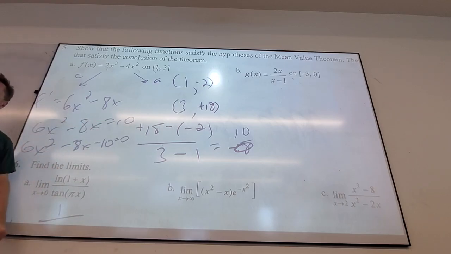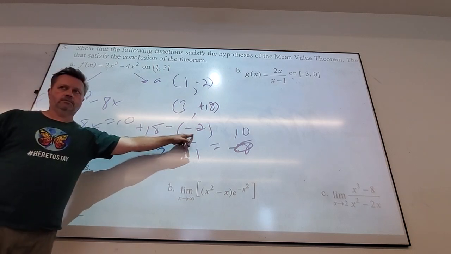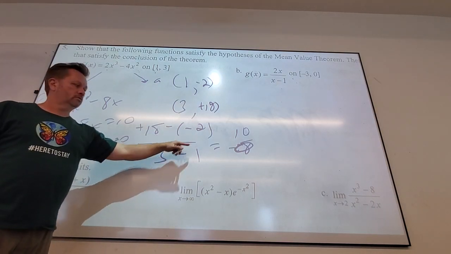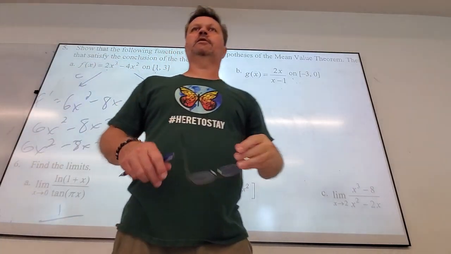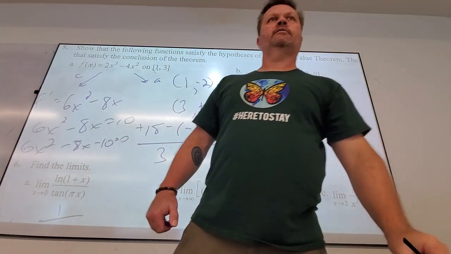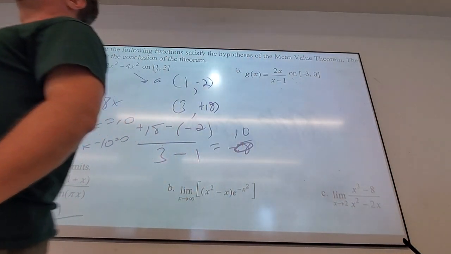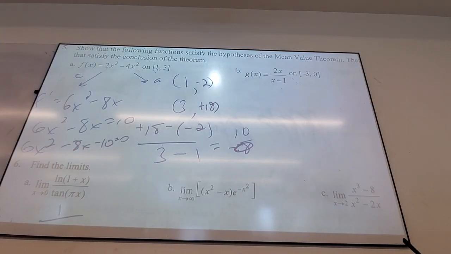No, I understand, that's what I'm saying. So why is it just the 10 on the left side then? What do you mean? What's 18 plus 2? 20, divided by 2, oh, okay. It's 10. It's just that. Sorry, I was confused by the existence of the fractions still being there. Okay, I understand now, thank you.